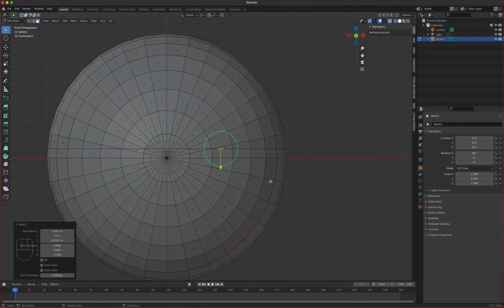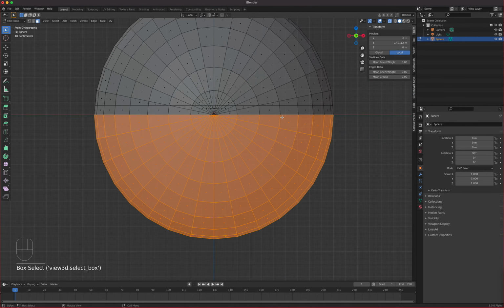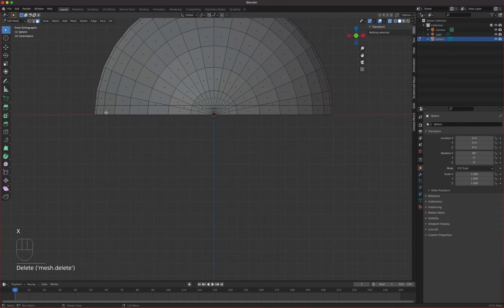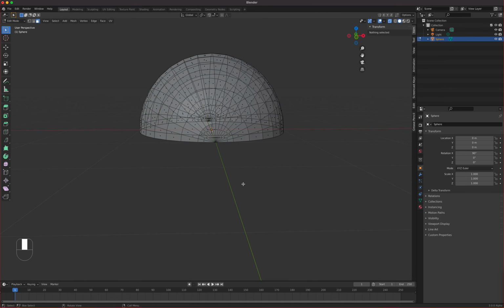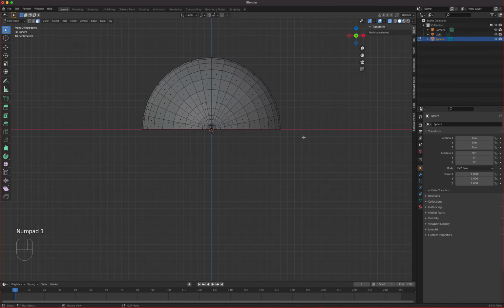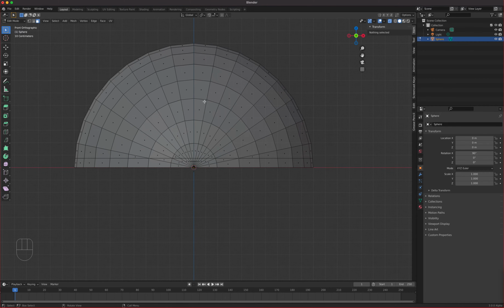So that when I select half the circle of the sphere, if I drag a rectangle like so, and I select half, I'm just going to press X and delete faces, I get a hemisphere right here. So it's half like so. What I'll do with this is I will mirror it along the y-axis here. So I'm going to go to object mode,